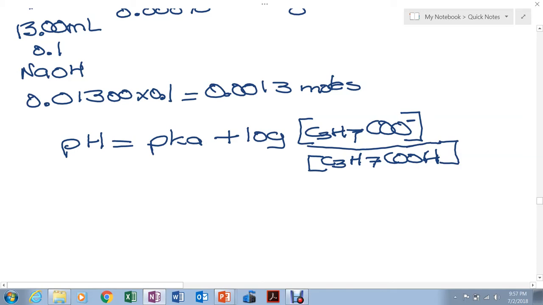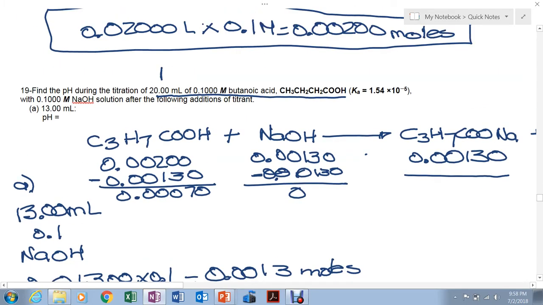The Ka was given in the problem. If you do the minus the log of the Ka, we've done it several times, the pKa equals